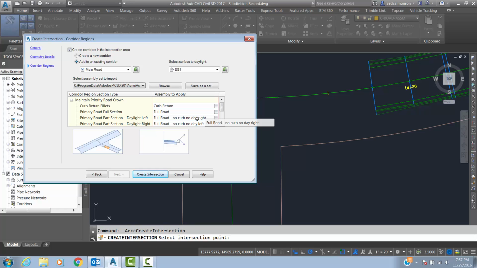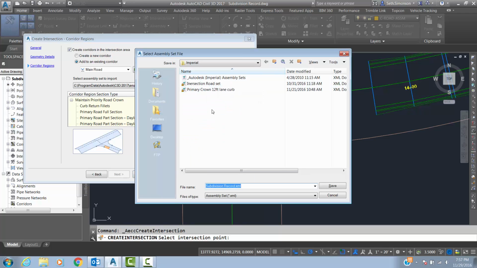Now the key here is, so you don't have to go through and set this up every single time you do the T intersection, I'm going to go up here and do save as a set. So I hit save as a set. And now in here I have to name it something unique so I can reuse it. So I'm going to call this one